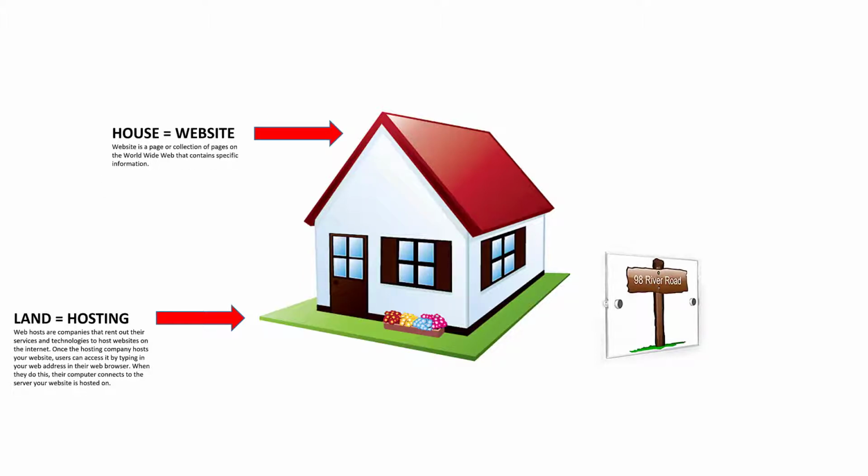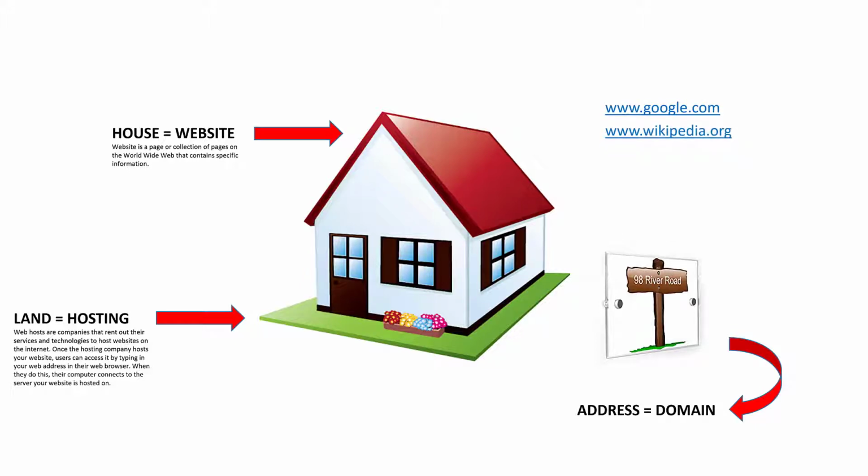Your house is the actual website. It's just a page or number of pages on the web that contains all your data, all your information, everything they will put on your website. And your street address is your domain name. For example, google.com, wikipedia.org,